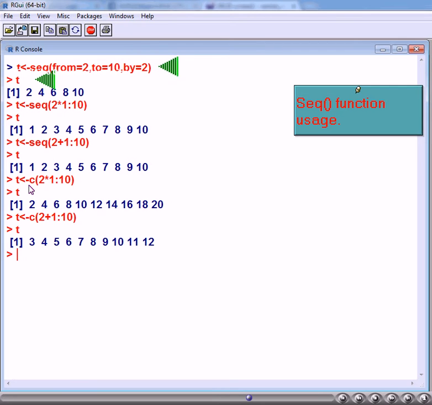Here we wanted to generate even numbers starting from 2 to 10. Thus, I have executed the sequence function with the from value as 2, the to value as 10, and the increment value as 2.